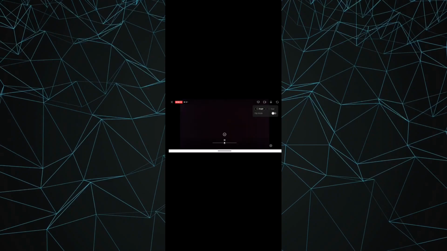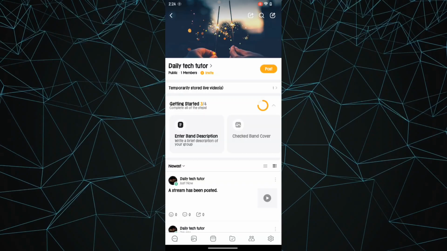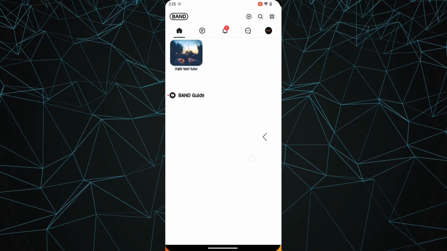You can also adjust brightness or color filters of this stream from the buttons below. Once you are done streaming, tap on the X button on the top left corner and choose the stream to end. You can choose Save to Device to save the stream VOD into your phone, but I'm gonna press back